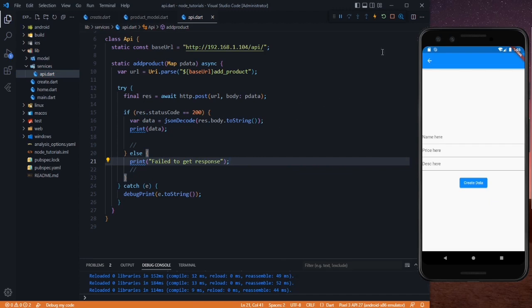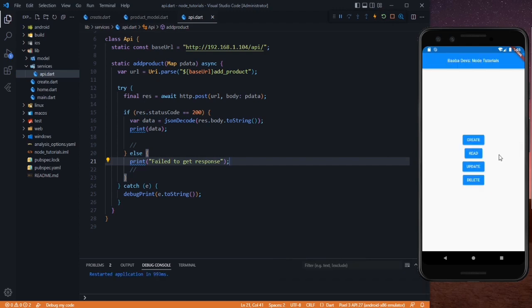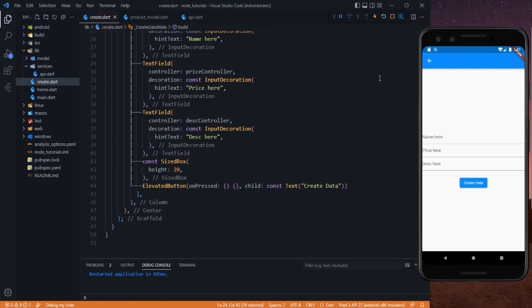Okay, so everything is done. Let's restart our application. Okay, so click on this create, and now we need to enter the values, and on the click of this button we want to pass the values to this API add product method. So go to your create.dart, and in here as you can see we have already assigned the controllers.